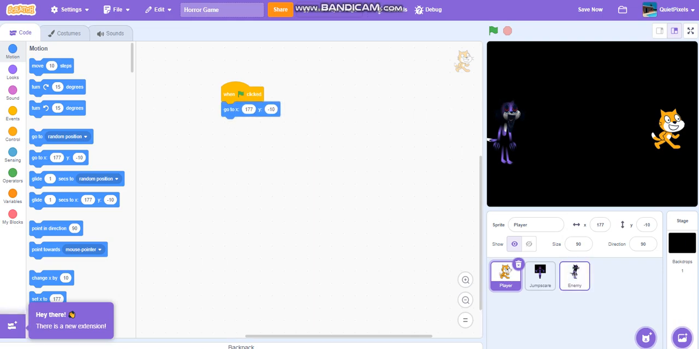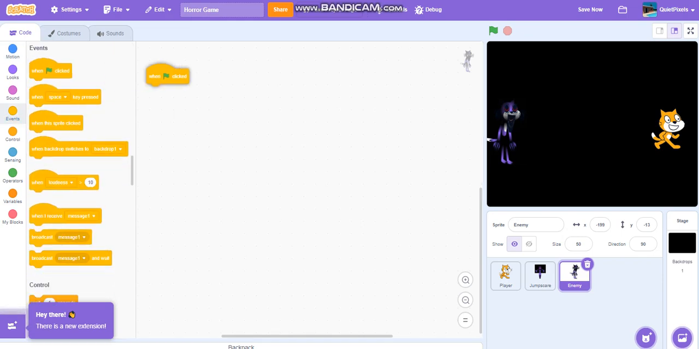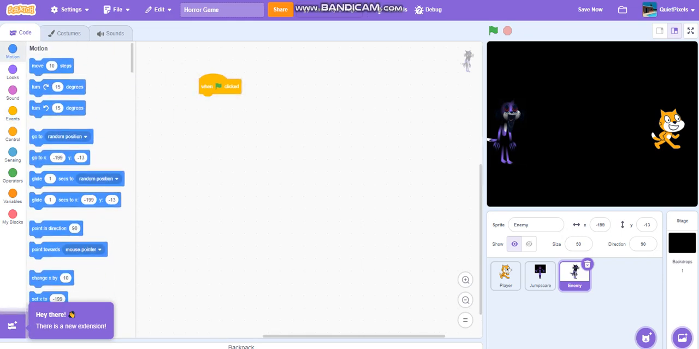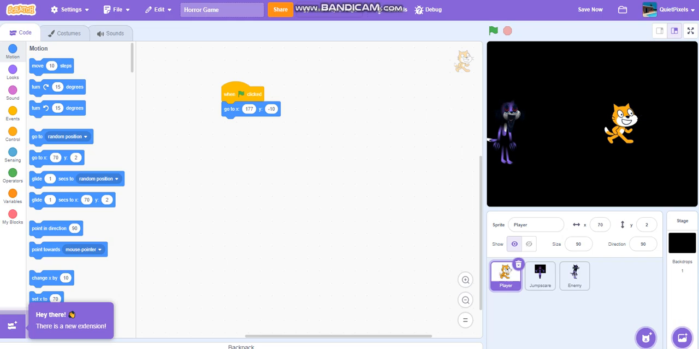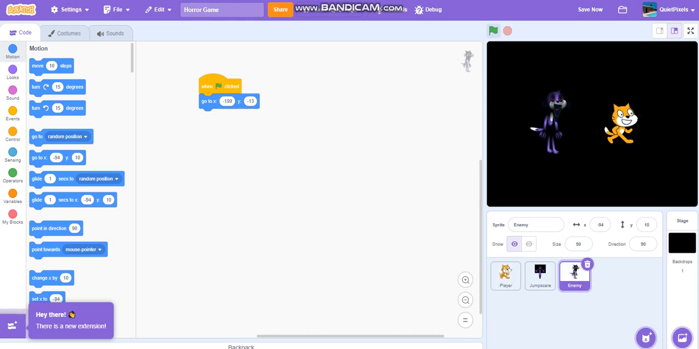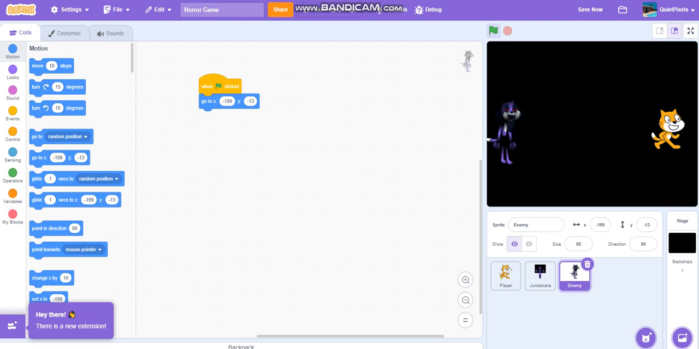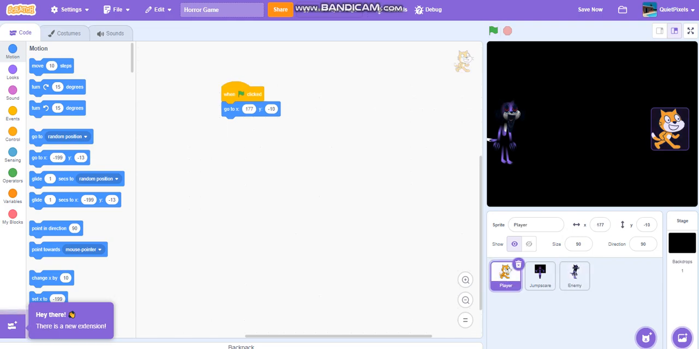Okay, and now for the enemy, it should always be here, or else it's gonna be hard for the players if it would be spawned in a random position. Okay, all's good. When we test the green flag, even when we change the positions of the enemy or player, they end up back on the spawn point. Okay, so now for the movement,